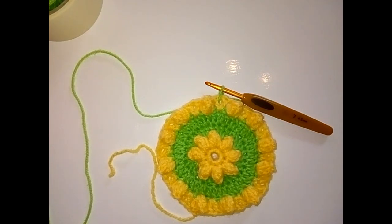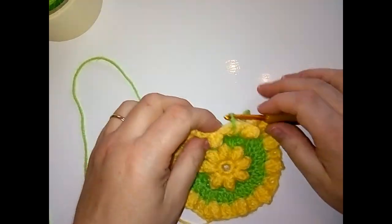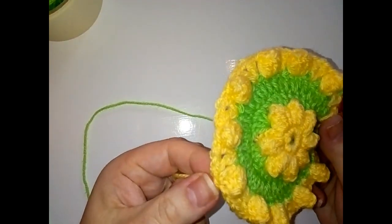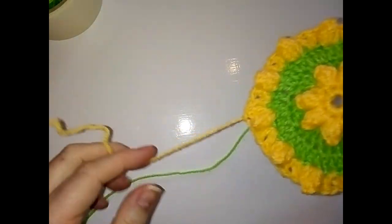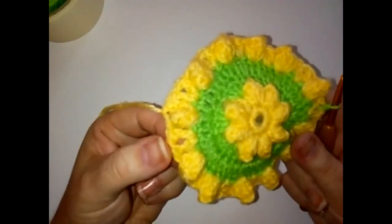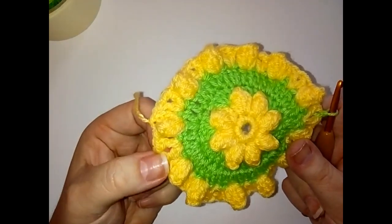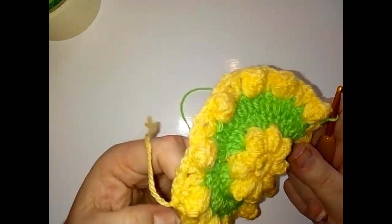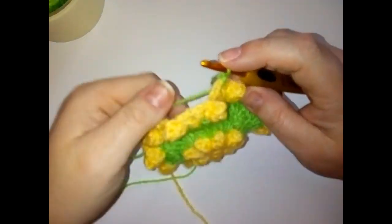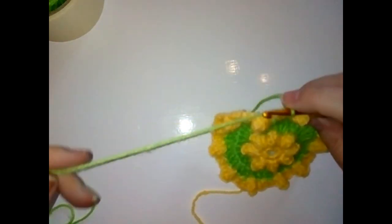If you are continuing, sorry, I don't know if I told you, just slip stitch into your last popcorn stitch. Okay, if you are continuing in the same colour, just slip stitch across into the chain 1 in the V stitch. Okay, you want to be in the V stitch. So I've joined my new colour in the V stitch, in that chain 1. And you are going to chain 4